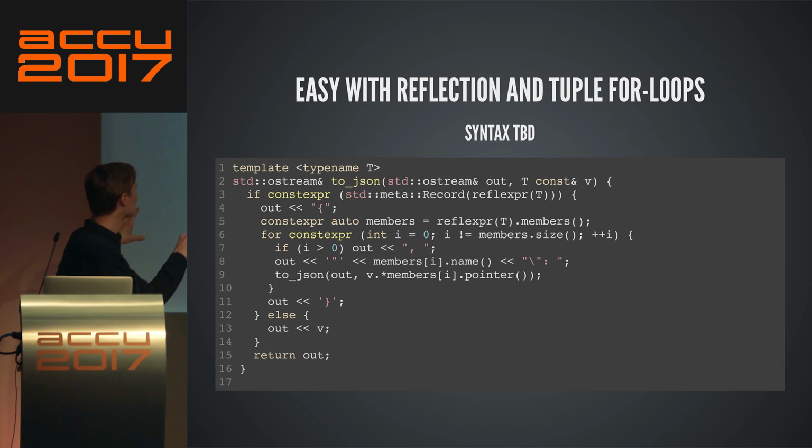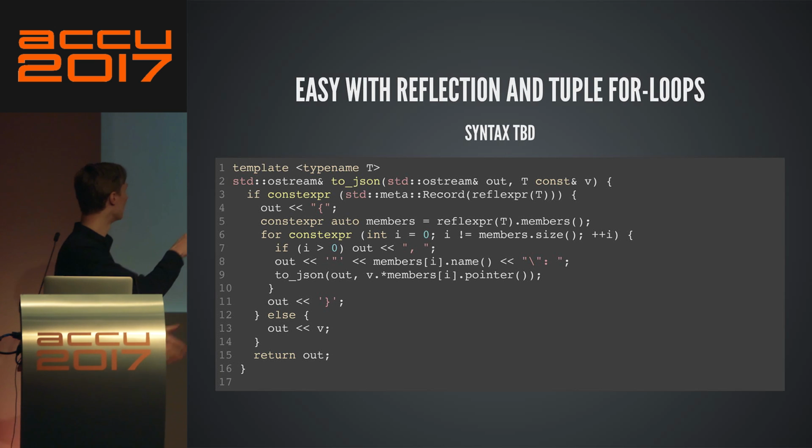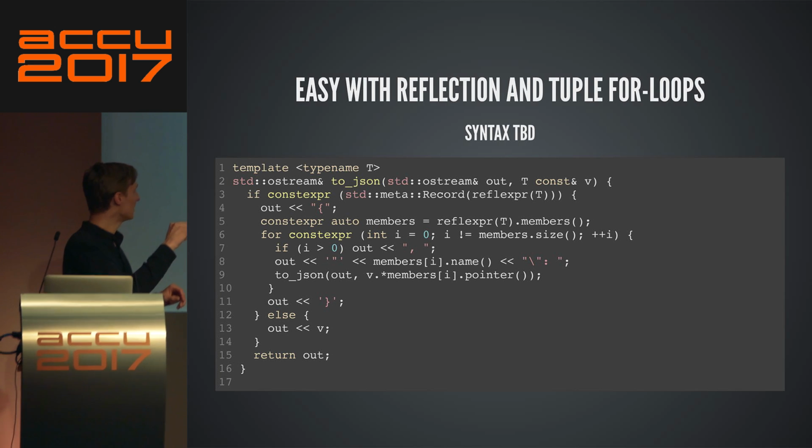So basically, if you take in an object, if it's a record, that's a constexpr if, right? So this if is basically a static if, at compile time. So if T is a record, then you use a reflexpr keyword to get back some kind of representation of the type that you can act on. It's a little bit like our typeid, where you take a type and then you get an object on which you can do more interesting stuff. And in this case, you can ask, look, are you a record? Which is probably like a concept that says, oh, you're a user-defined struct with some nice properties, like no private members or whatever. And then you say, give me the set of members,